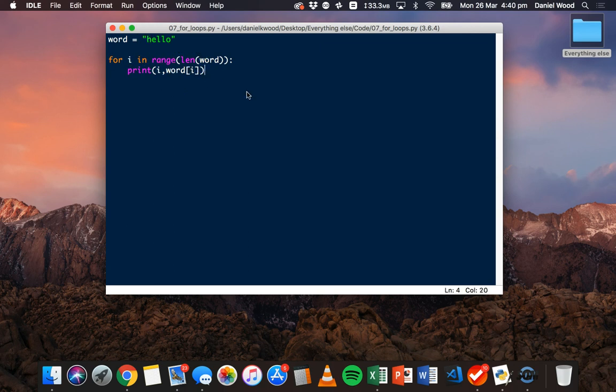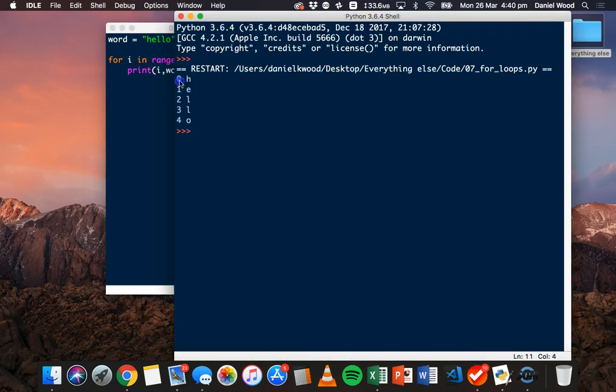And then the loop will repeat again, and so i will increase to 1, which means that it will print the value 1, and then word character 1, so E, and then so on all the way up to O. So let's save that and run this module. And here we go. So we've got 0 H, 1 E, 2 L, 3 L, and 4 O. So each line here is an iteration of this for loop,